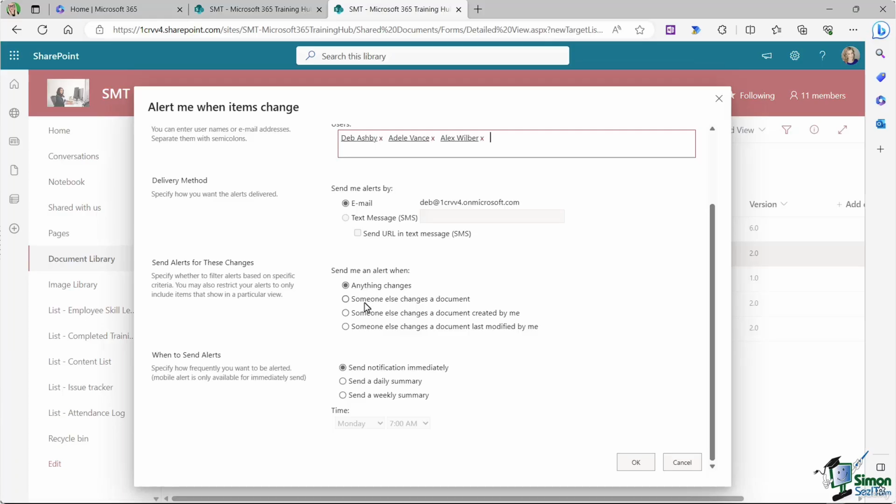Or I could get an alert when someone else changes a document. Or when someone else changes a document that's specifically been created by me. Or when someone else changes a document last modified by me. So I'm going to say when anything changes, and then I can choose when to send alerts. So if I want to receive the alert immediately as soon as that document is changed, I would choose the